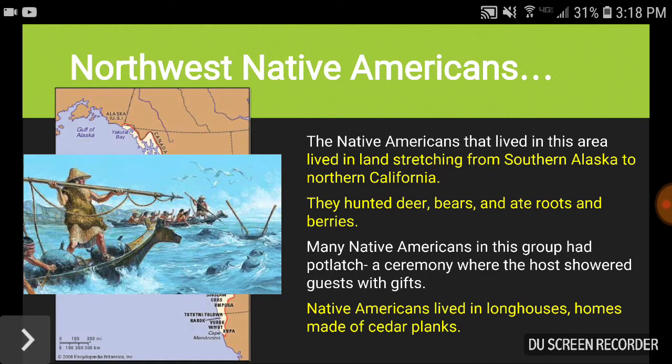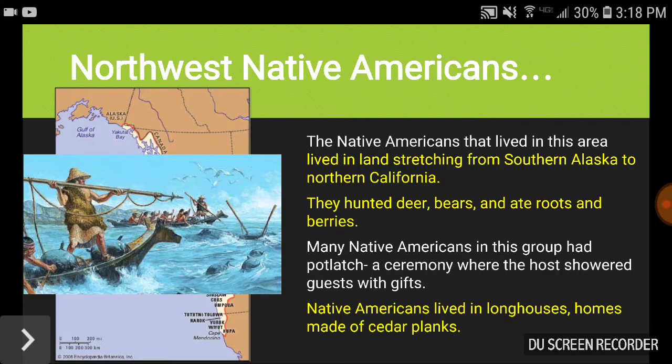And if you've ever read Lord of the Rings, where the hobbits have their parties, this is basically what would happen in those Lord of the Rings books and also in Native American culture. There'd be a ceremony where someone was celebrating, and that host, the one celebrating, would actually give gifts to their guests. So instead of receiving gifts, like at a birthday party, they would give their gifts to the guests that came to this potlatch or this celebration.